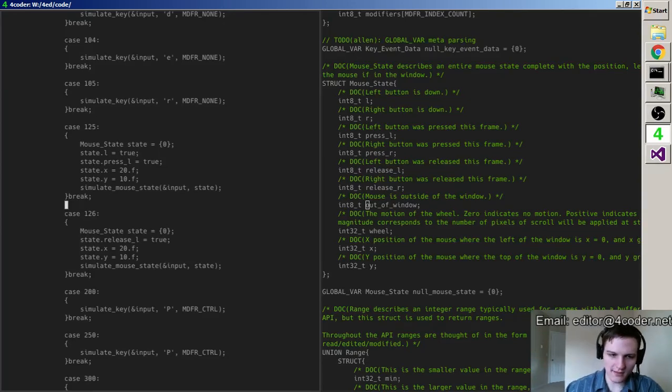So this is the lowest level where I set simulate mouse state. You know, I made a mistake. I shouldn't have started this stream yet. I should have done one other thing before I started. I'm going to put this stream on a break in a second and go take care of one other piece of business. But before I do that,